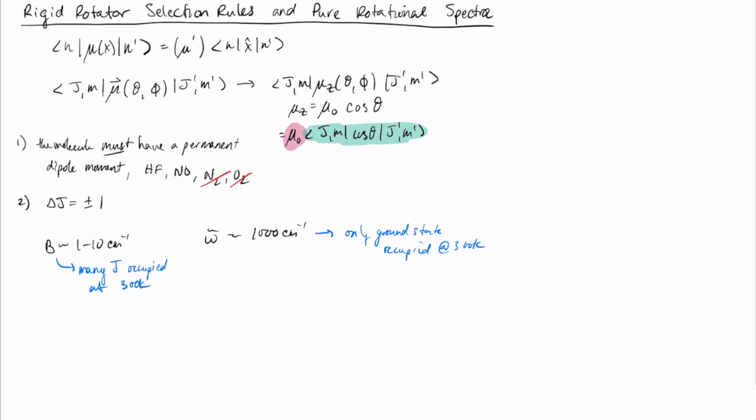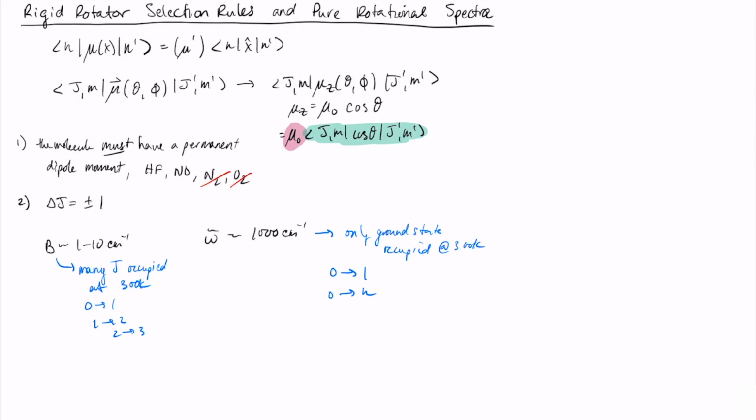And the practical consequences of that are that in the vibrational spectra, you only ever really saw the 0 to 1 transition, or maybe if you have anharmonic effects, then you saw 0 to n. Whereas for rotational spectra, you're going to see 0 to 1, 1 to 2, 2 to 3, and so on,